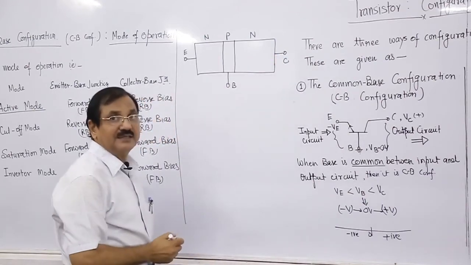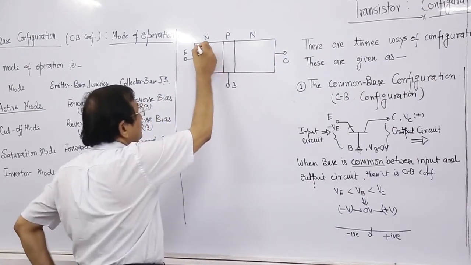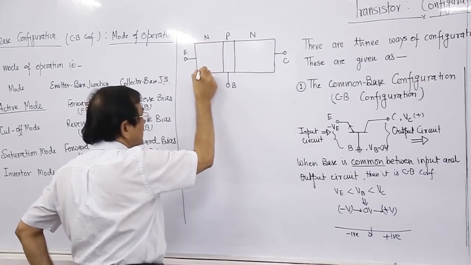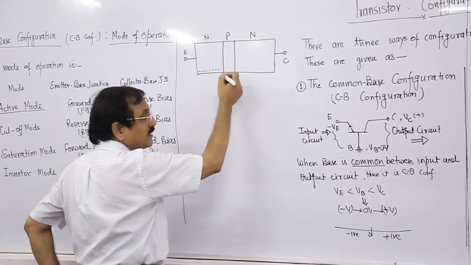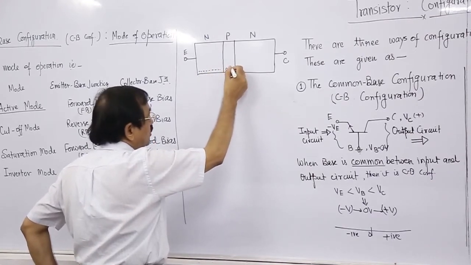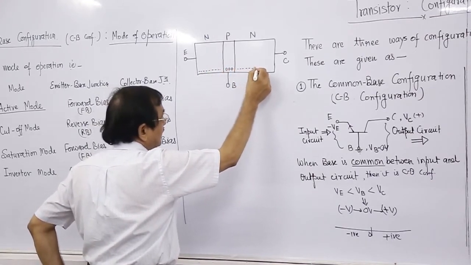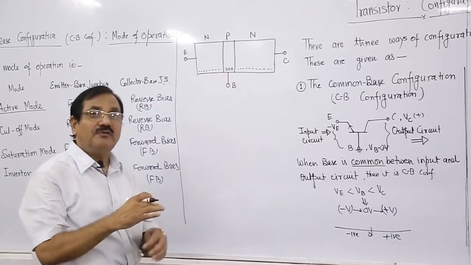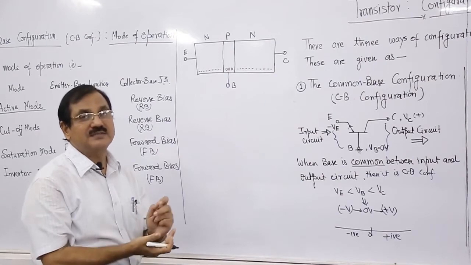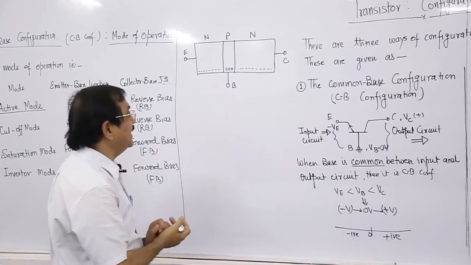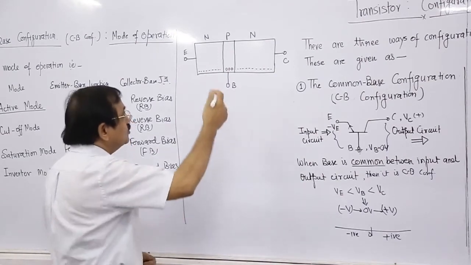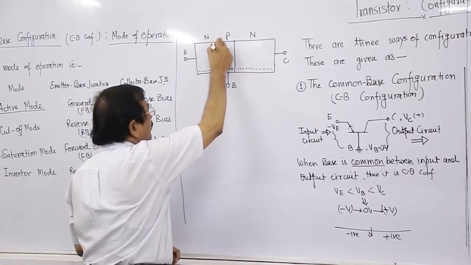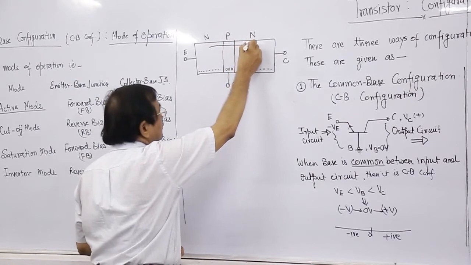In the emitter, the majority charge carriers are electrons, in the base these are holes, and in the collector again electrons. So which way are the electrons moving in this NPN? Majority charge carriers, electrons, are moving from the emitter to the collector region,